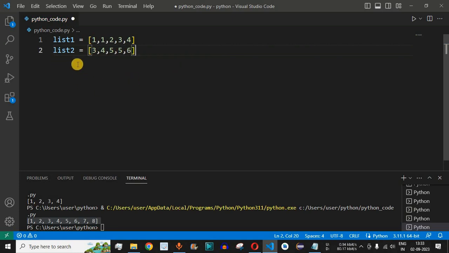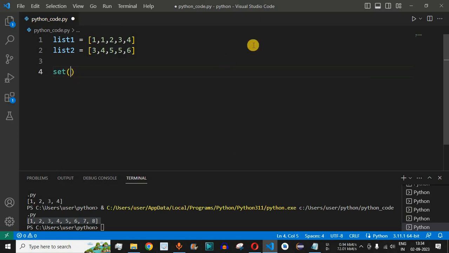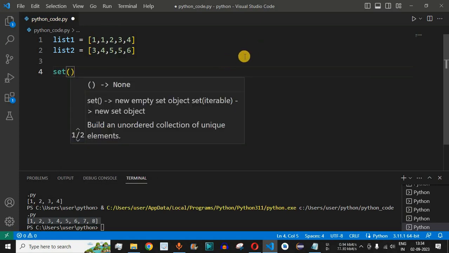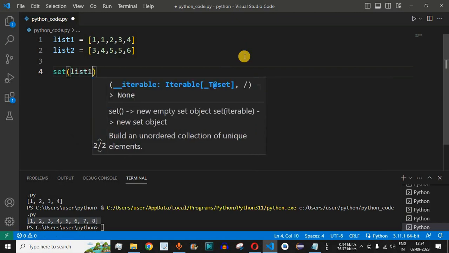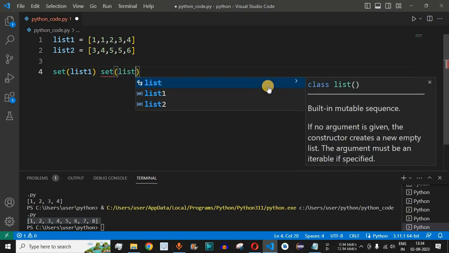So guys, first of all we need to convert both the lists, that is list 1 and list 2, independently into sets. So in order to convert the list into set, we can use the class that is set over here, and inside the parenthesis we can provide the list 1 in this case, since basically we are converting this list 1 into set. And then guys, what we can do is, again we will be using list 2 in order to convert the list 2 into set in this case. So we have set class once again, and then we say list 2.